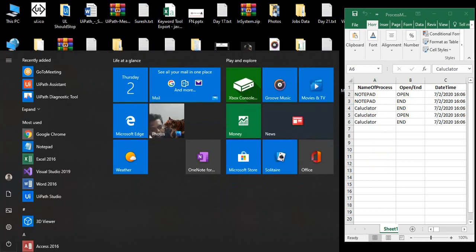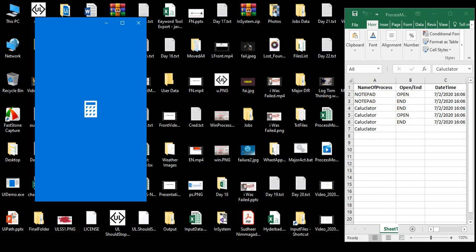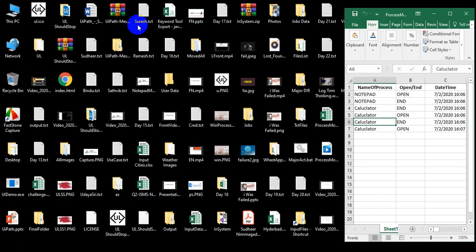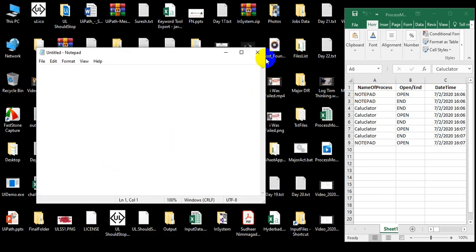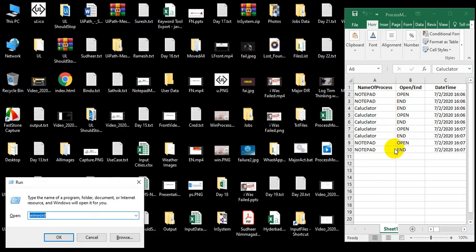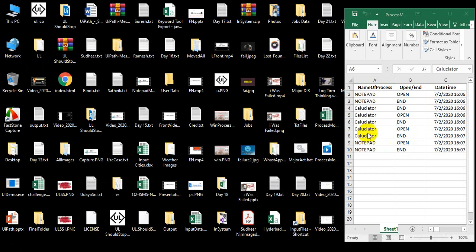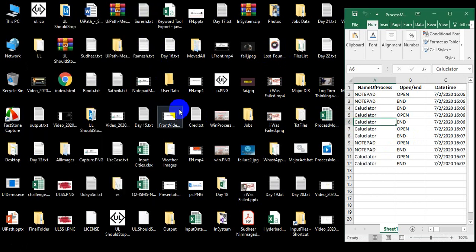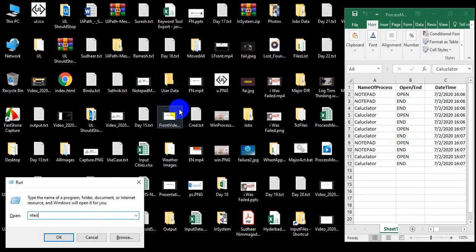Every time, a new entry is written with the process name, the status, open or ended, and the time. Here, notepad open. You can just observe here. Now close notepad.